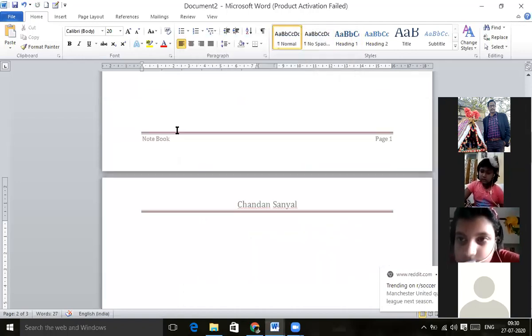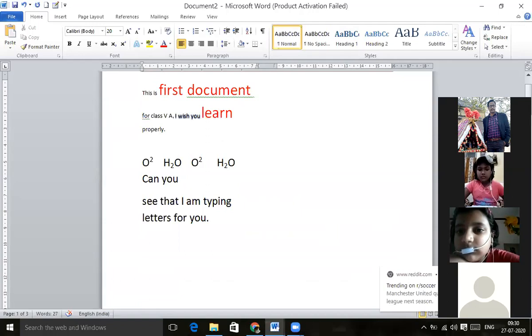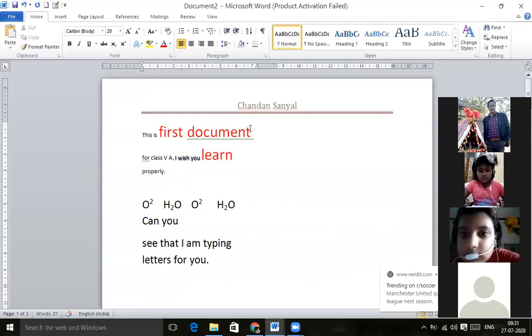Okay, just like this here. If I put a word and just give an enter key, the whole text will move to the next line. So that is exactly what is called a line break. Now I want to set the margin. I want to set the margin, which means I want to make the page setup. How to do the page setup?